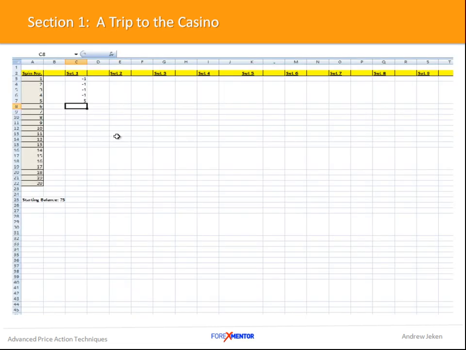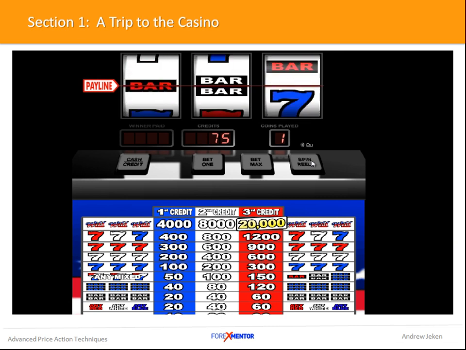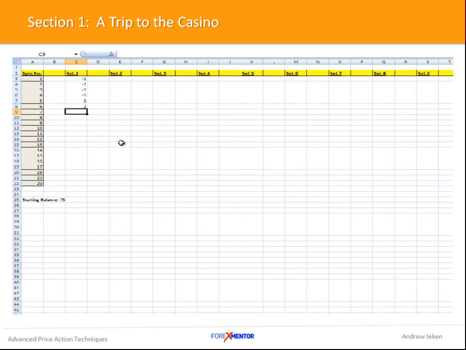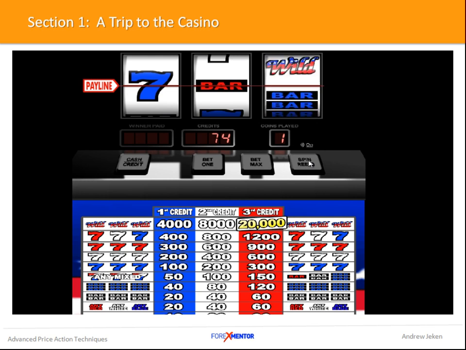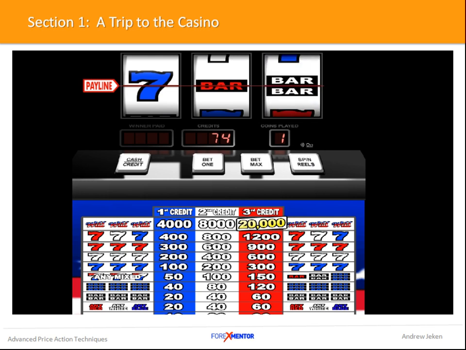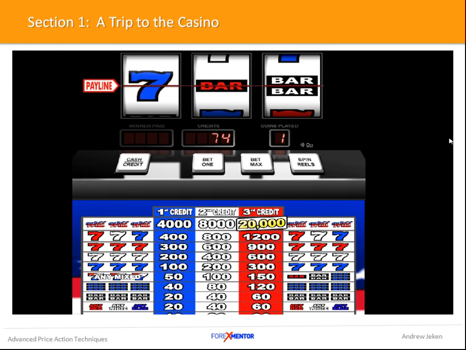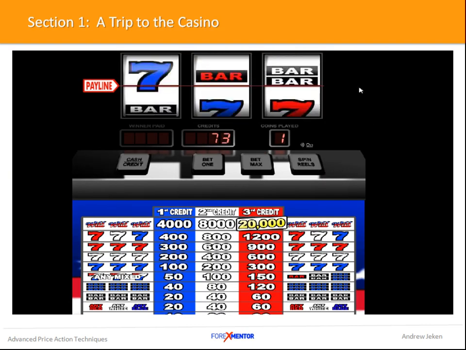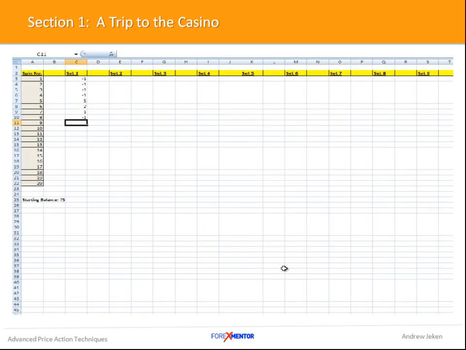So let's spin 6. We move on to spin 7. And you can see we've just had another loss, so we just fill in the data. Spin 8, and another loss. I just want to show you guys how to go about this and how to build confidence in your trading and in your thinking process.